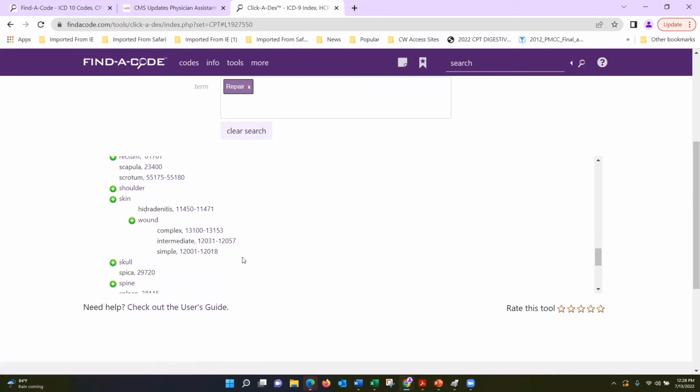Now, for those of you that remember, we did not have all 3 of these options before, and we do now. This is the ticket that I told most of you that I submitted to get all 3 of these listed. So we now have our options of complex, intermediate, and simple. And the documentation supports simple sutures of the skin. So I'm under a wound, I'm under my skin, repairing my skin. I have a wound, I have a laceration, and I'm in the simple 12001 to 12018. So I've got to click on